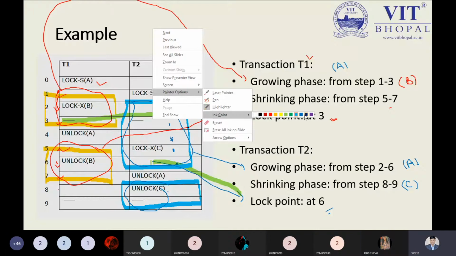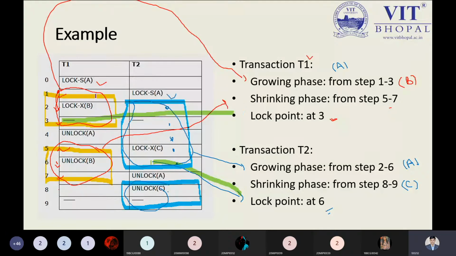See, here you have to understand the important point. I'm speaking in a simple way. I'm choosing a different color for better understanding. This is the lock XB I'm taking over here. This is the growing phase of the data item B, that is from where we are starting the lock of B. Now if I'm choosing this one, this will be part of the growing phase of the data item A from where we are starting the lock. Suppose after this lock SA we have some statements. Then from those statements we have the entire information, and those enter into our growing phase.